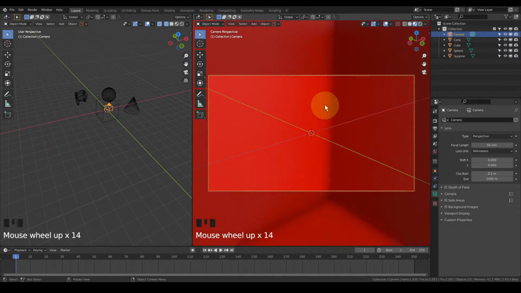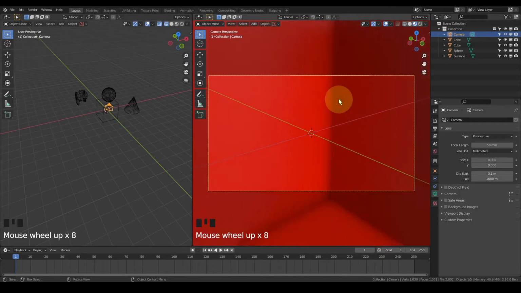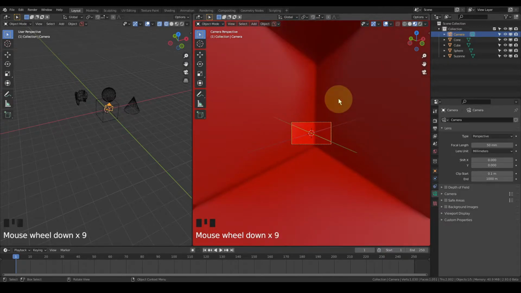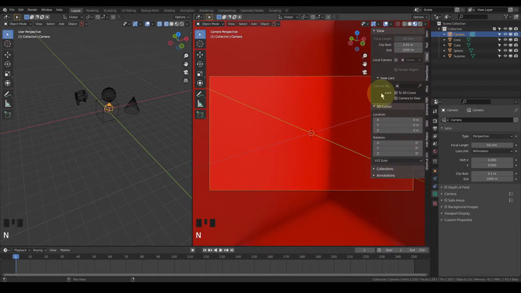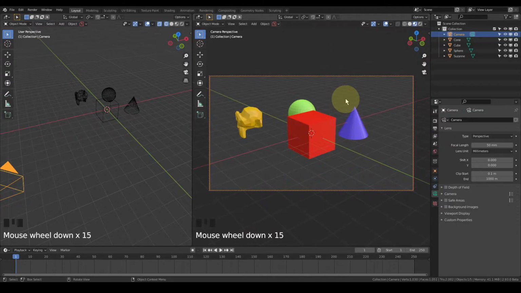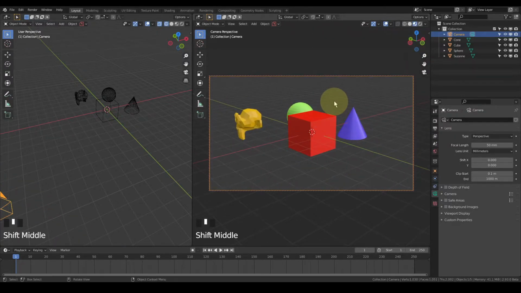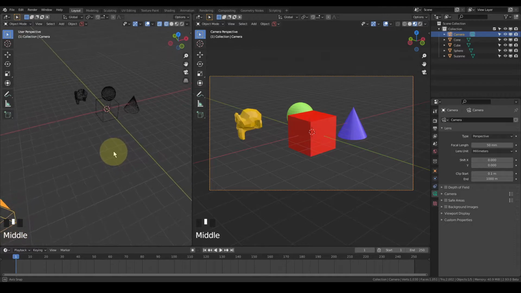Suppose we switch Camera to View off, and if we move now, the camera doesn't move. The whole scene moves. If we click Camera to View again, check it again, and take it back, now the camera moves and we can manually position it. That is the first method. This is a good method actually, but there's a faster method.